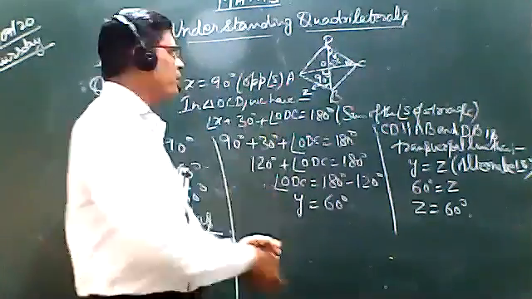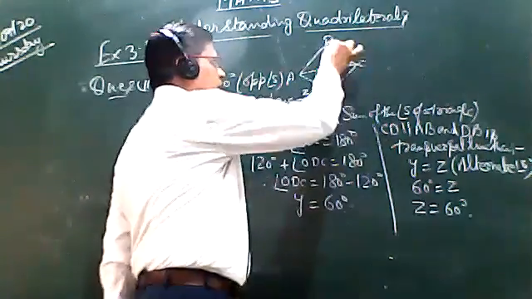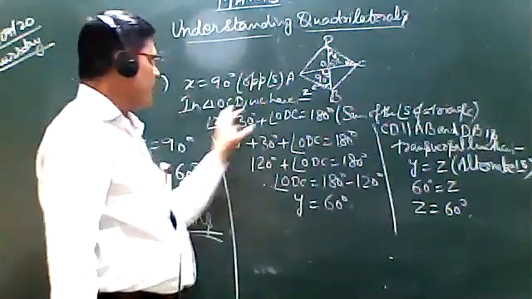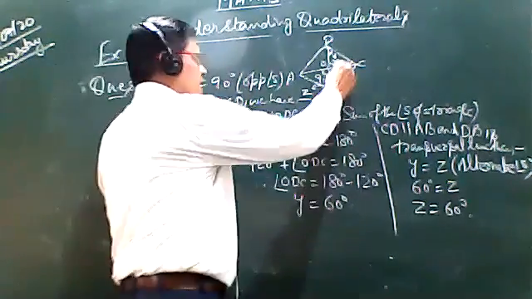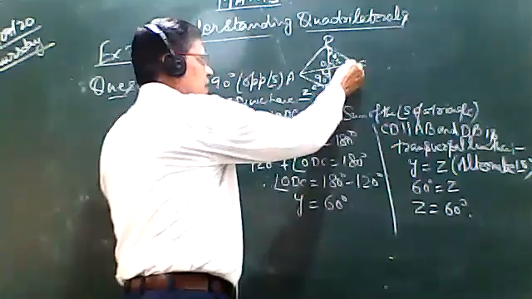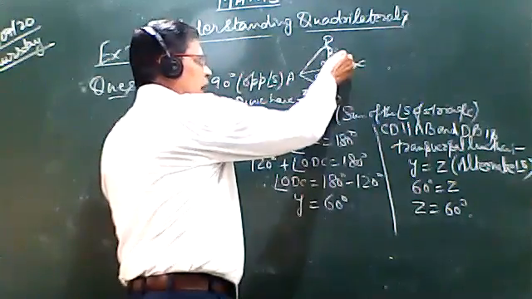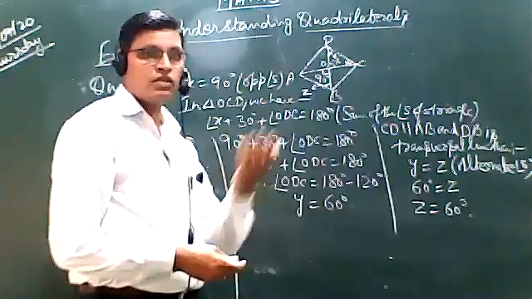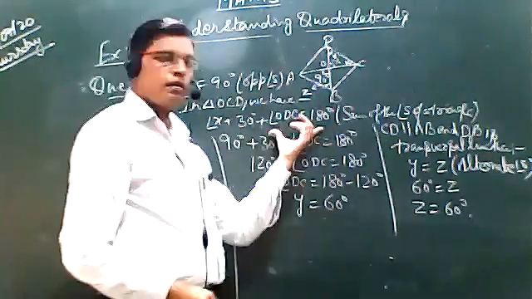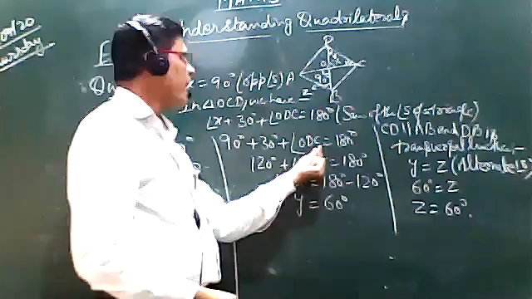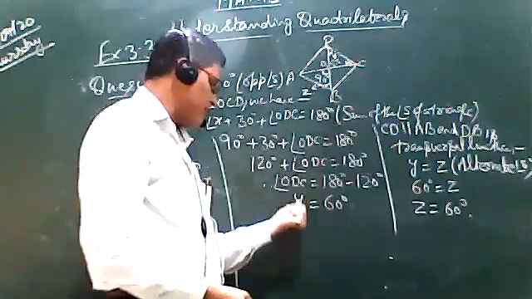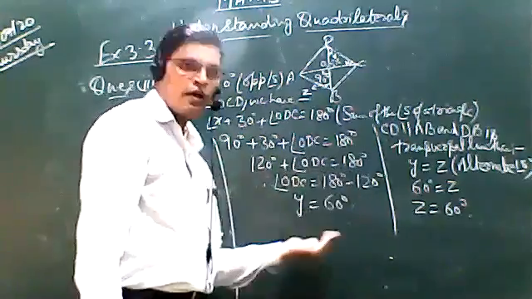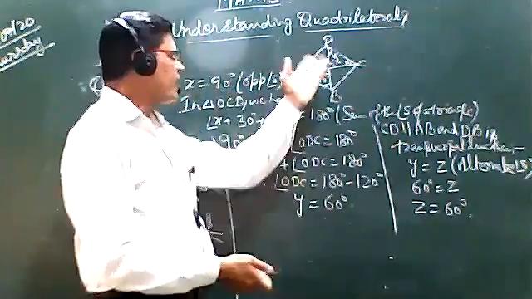Okay. Now, in the triangle, अब हम इस triangle को लेंगे. OCD. In OCD, X, this angle be 90. This angle be 30, and we find the value of Y, and the sum of the interior angles of the triangle is 180. Now we put here, and we find the value of D, and D is Y. It comes 60 degree. हमने ये simplify कर दिया, ये 60 आ गया, Y आ गया, X आ गया.